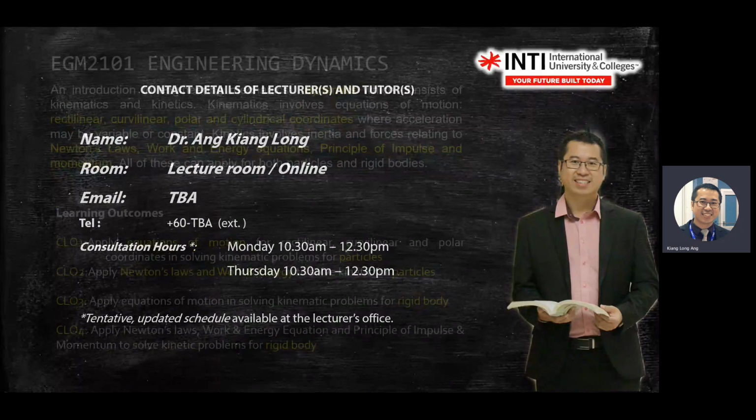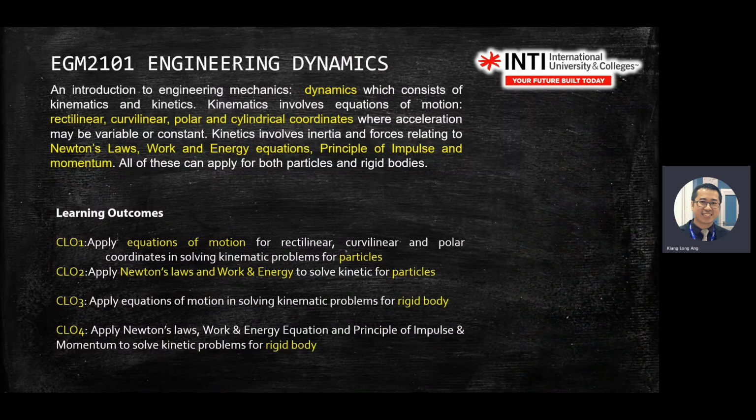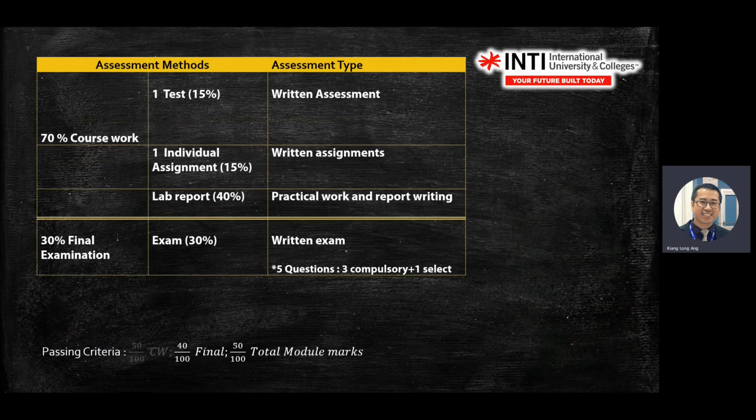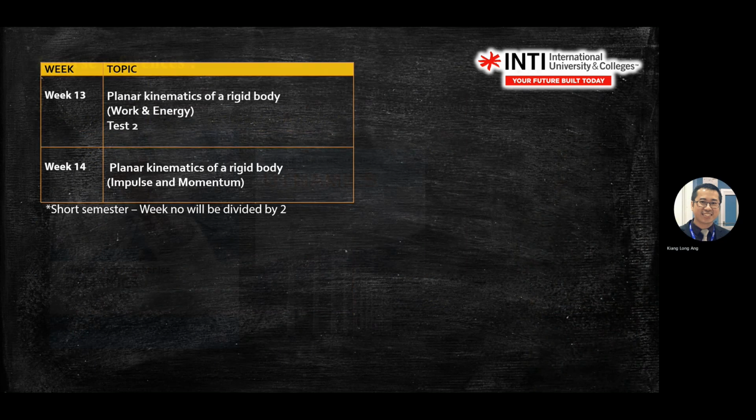So again, remind yourself that we have 4 learning outcomes. So in your final, you have 5 questions. L1, L2, L3, 1 question, 1 question, 1 question. 2 questions you pick from here. Okay. Right. Second half of